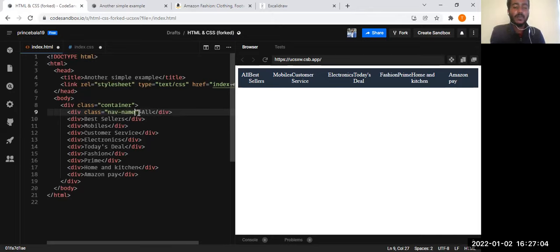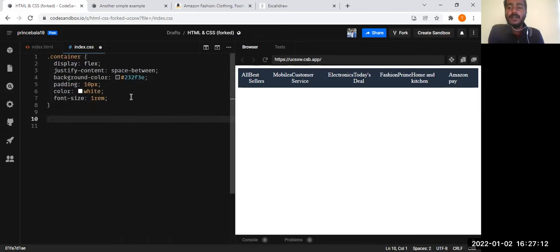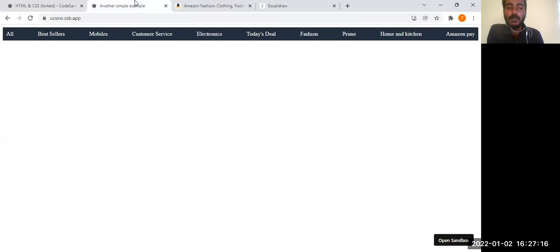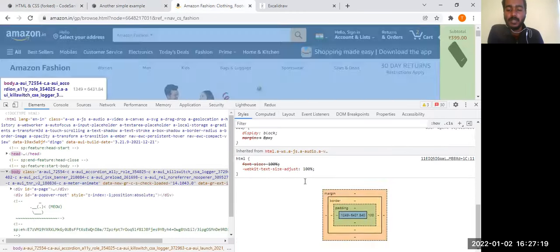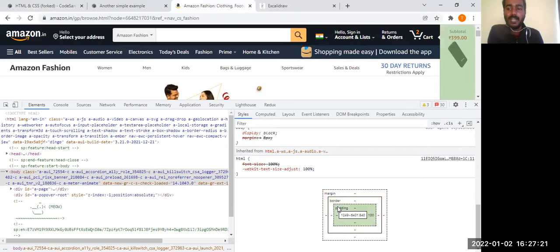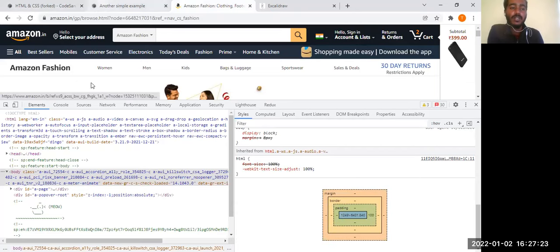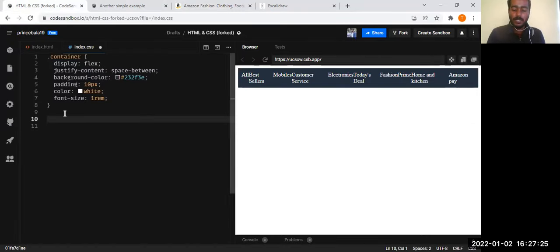Okay, nav name. I'm just giving it as a nav name. So what I'm going to do is use this CSS. As I remember, I told you that if you create every division, a box property will be created, which we call the box model. I think you remember, it gets created for every element. So now what I am going to do is add that particular class name, nav name.